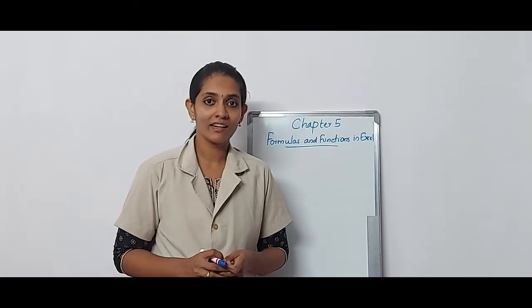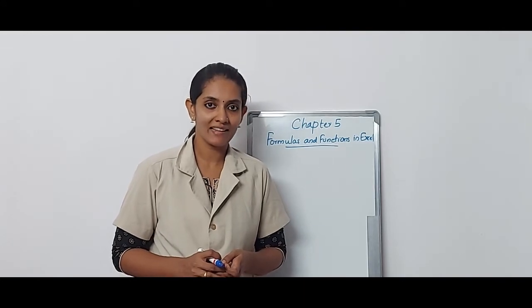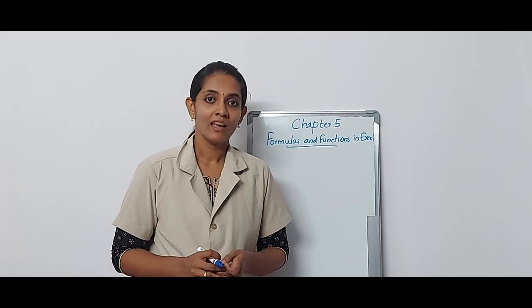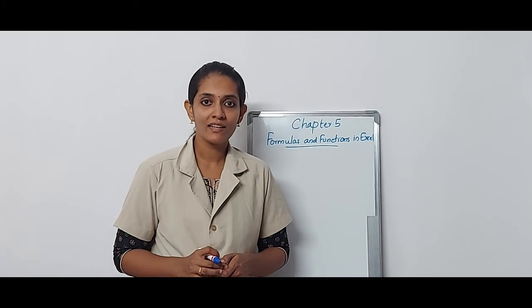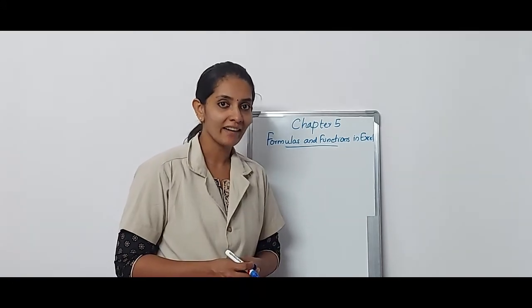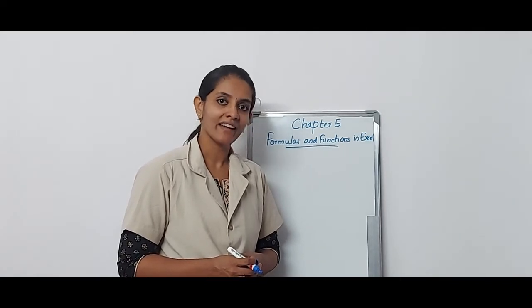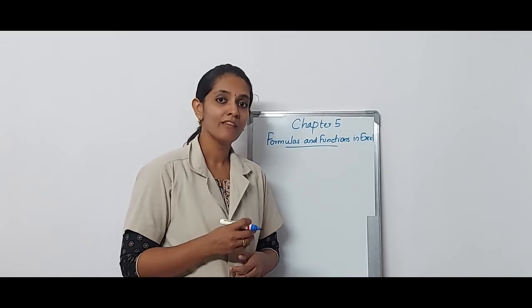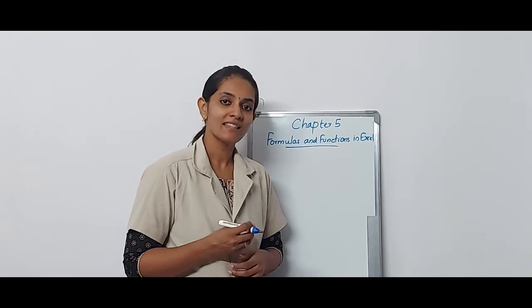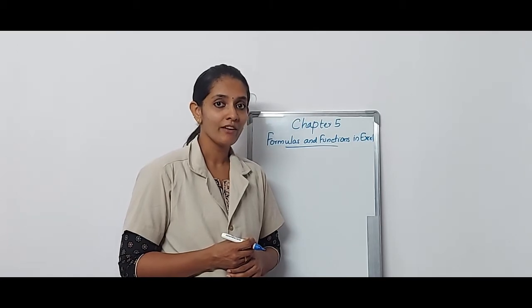Today we are going to discuss the continuation of chapter 5, Formulas and Functions in Excel. In the last class, we discussed how to apply formulas in Excel, and we studied how to enter formulas in an Excel sheet, two methods: directly in the cell and in the formula bar. Then we learned about cell ranges and naming a cell range. So today we are going to discuss cell referencing.